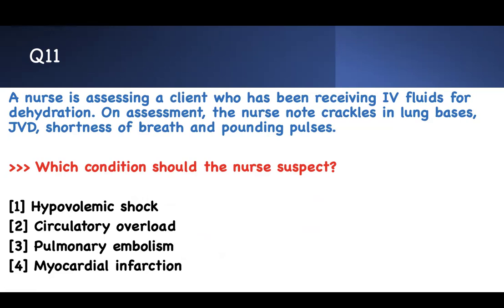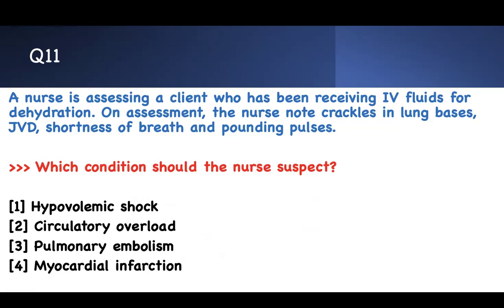What condition? There's no way this patient is in hypovolemic shock. You can't be in shock when you have JVD. That means too much fluid, unless you have cardiogenic shock, but it's not hypovolemic. Circulatory overload, yes, too much fluid in so fast will cause that. Pulmonary embolism, there's nothing in the question that tells you he has pulmonary embolism. I did not tell you he's been resting, or his leg is swollen. If I wanted you to worry about pulmonary embolism, I would have given you signs and symptoms regarding his